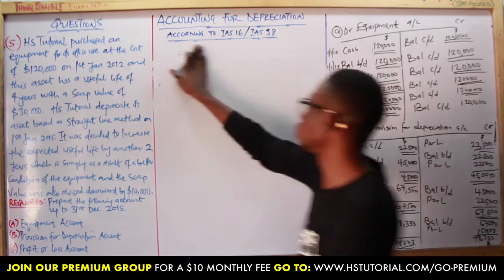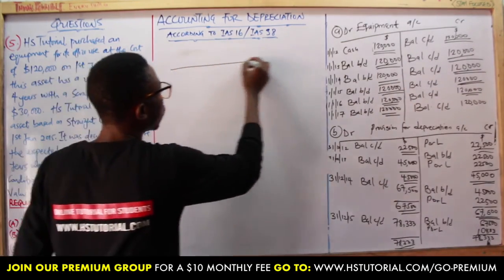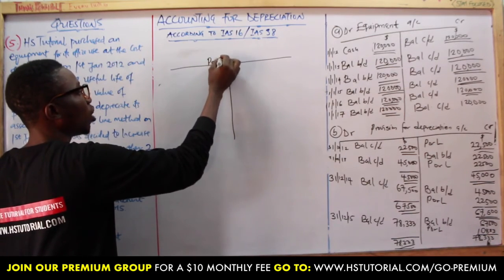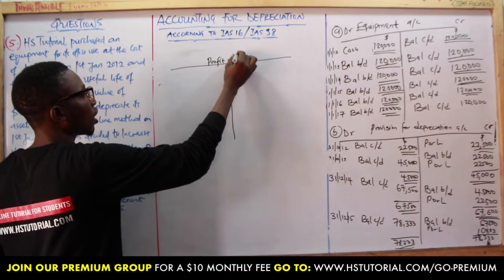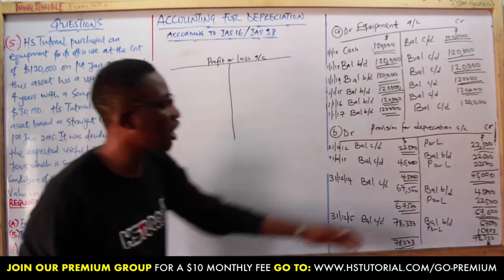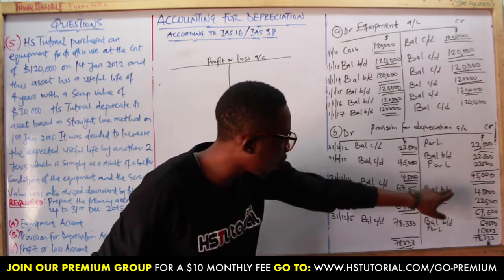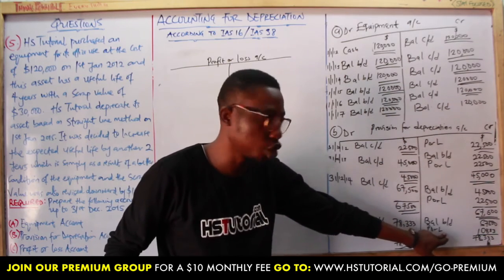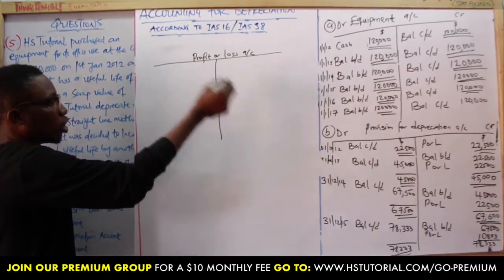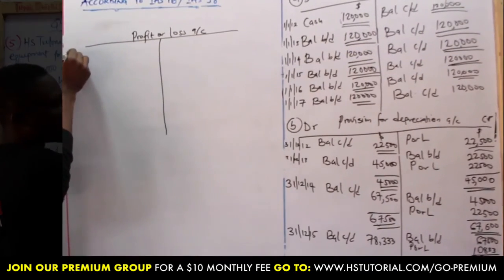Okay, so now I will have to open another account for P or L account. P or L account is profit or loss account. Which will serve as the corresponding entry of this P or L for each of the years. So what you just write for the year 1. At the end of the year 1 now, you have